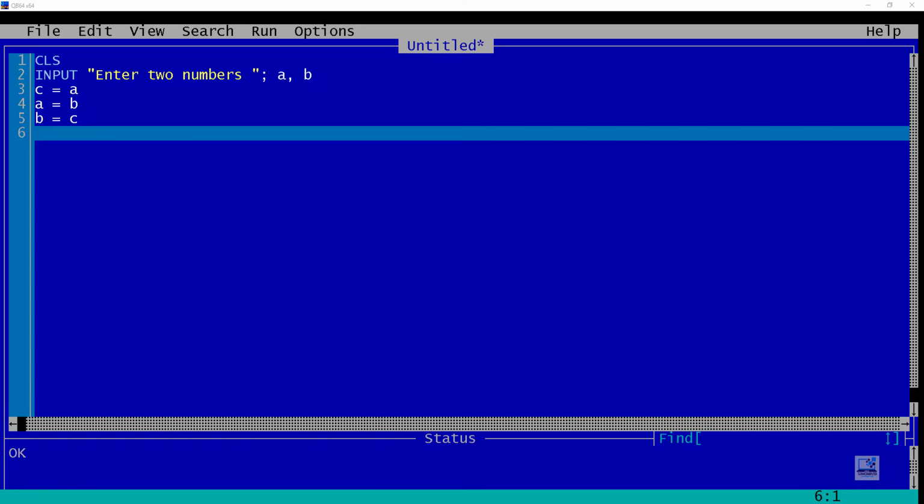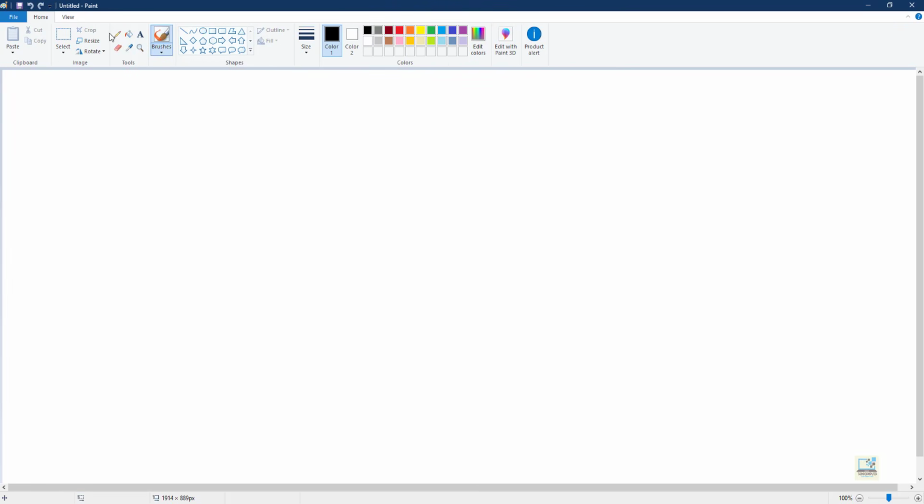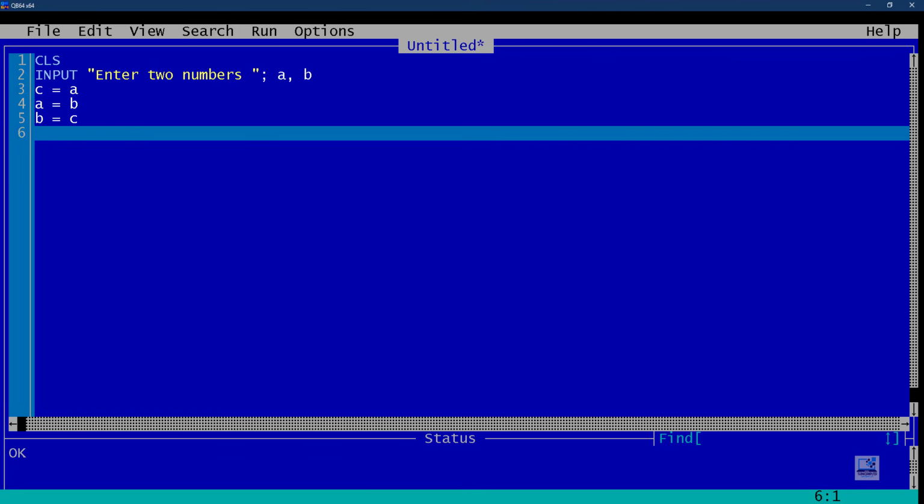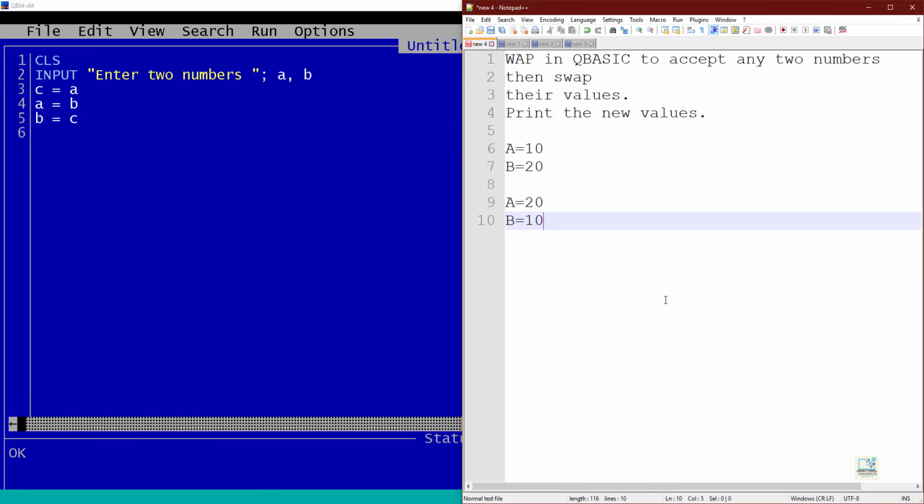Okay, now if you want to understand that, I can explain. See this example. Suppose A is equal to 10 and B is equal to 20. Okay, so the code that I have written is C equal to A, A equal to B and B equal to C. Correct?